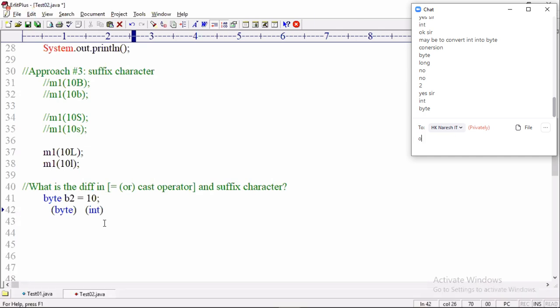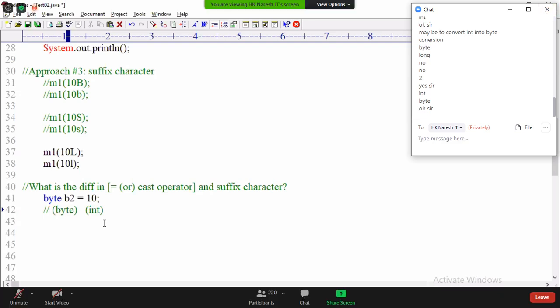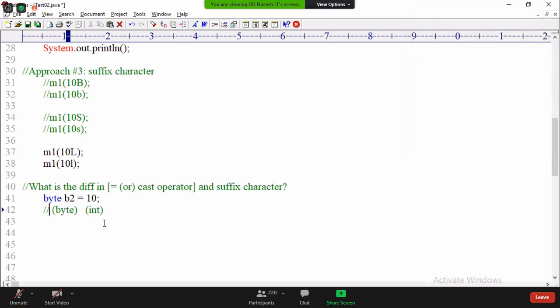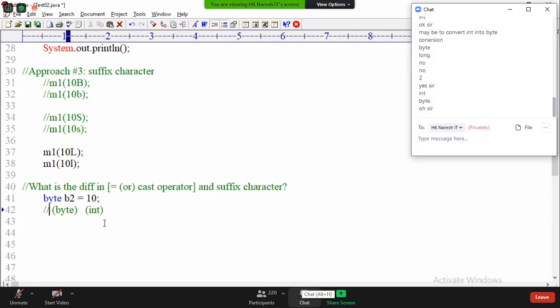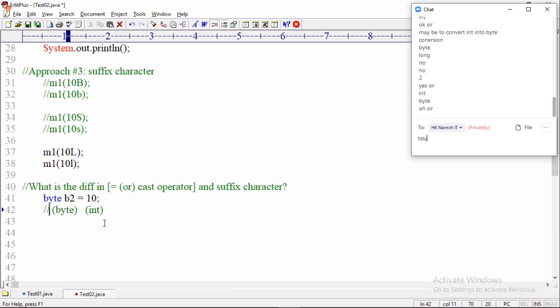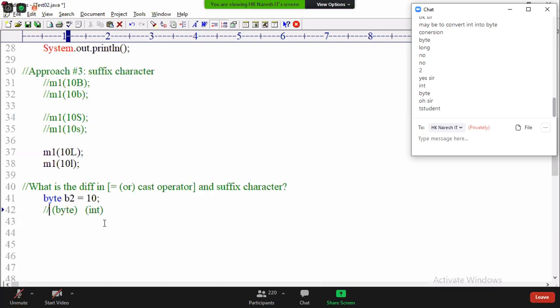You are at the Naresh IT front office. Are you a student or a Naresh IT student? You are just a student. After you took admission, then you are a Naresh IT student. So 10 is of what type by default?